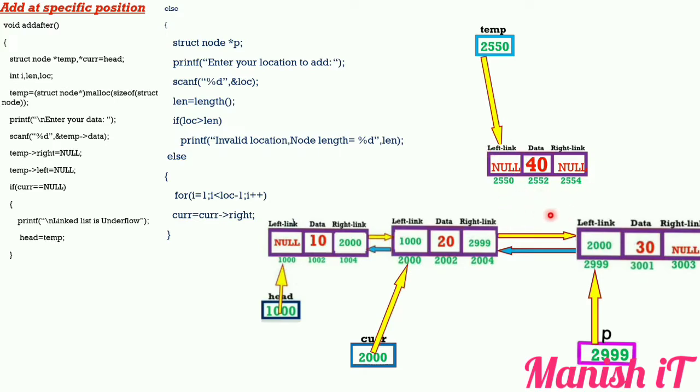So how to write our logic? We have to create a connection from right to left, from here to here. First we have to create a connection in between here. So how to write our logic? We have to store the base address of the new node in p2 left, whenever it stores the base address of the new node.